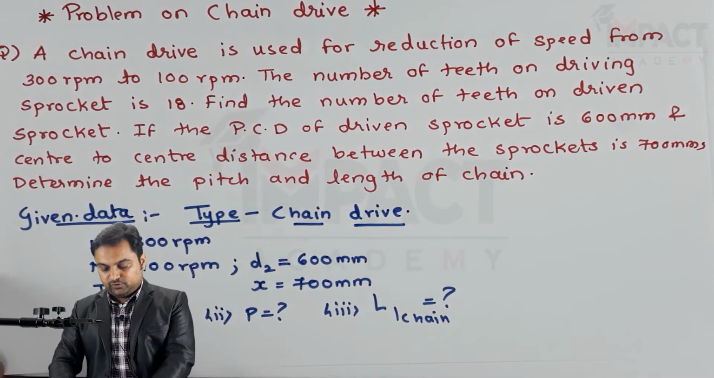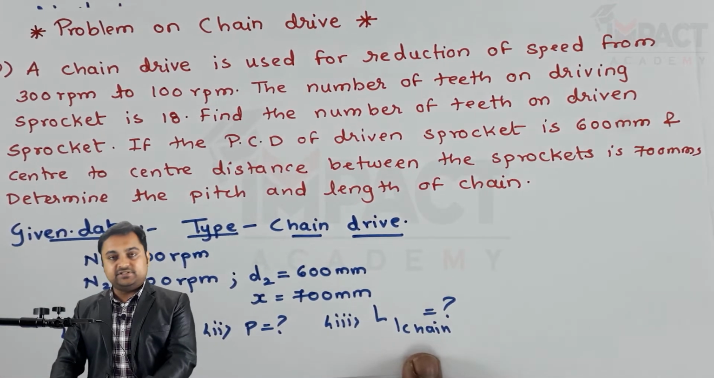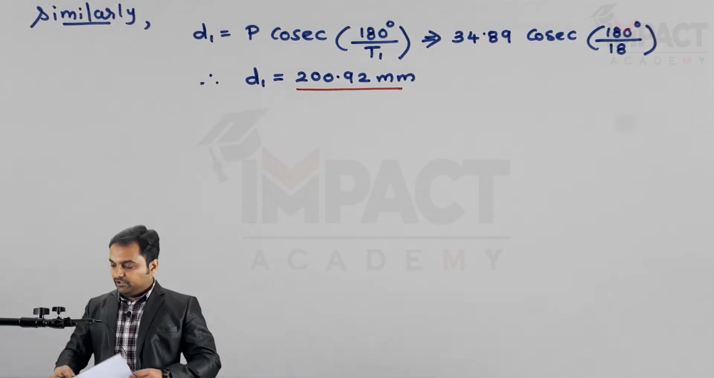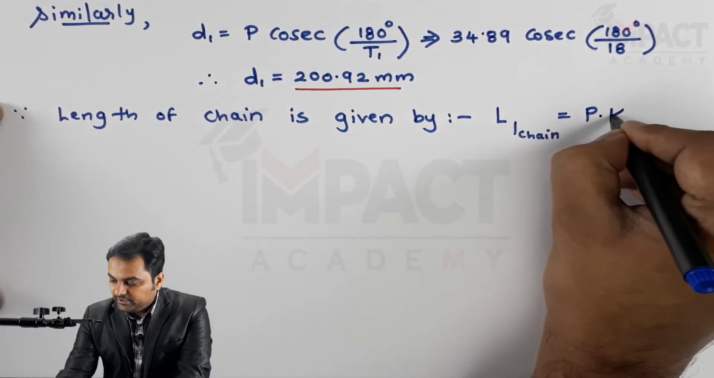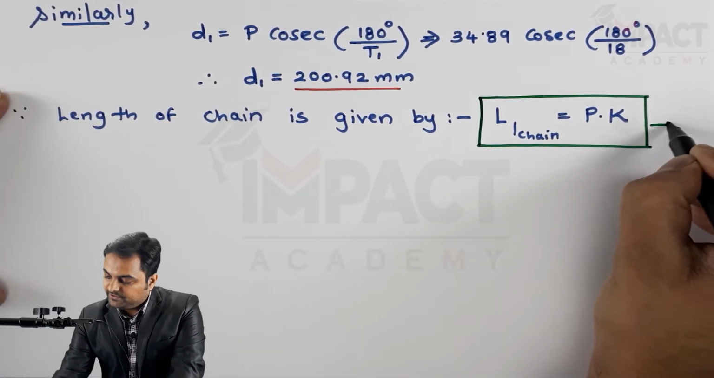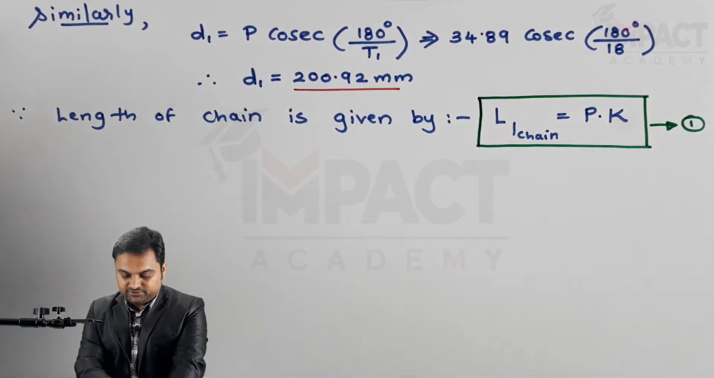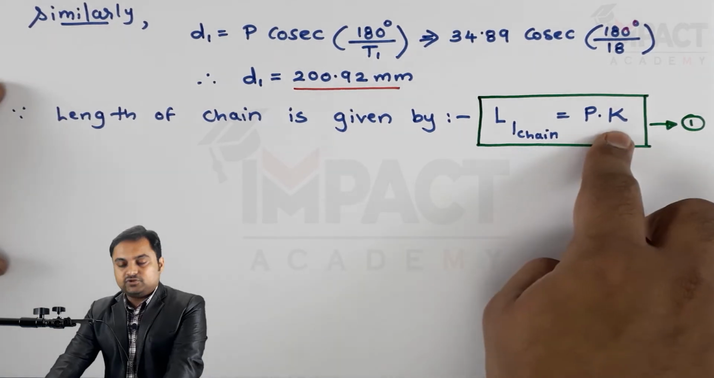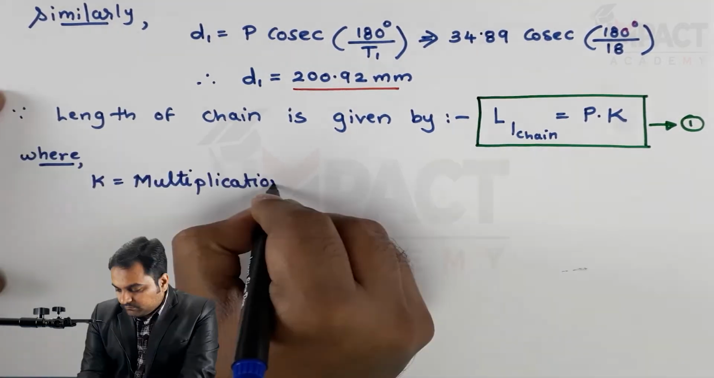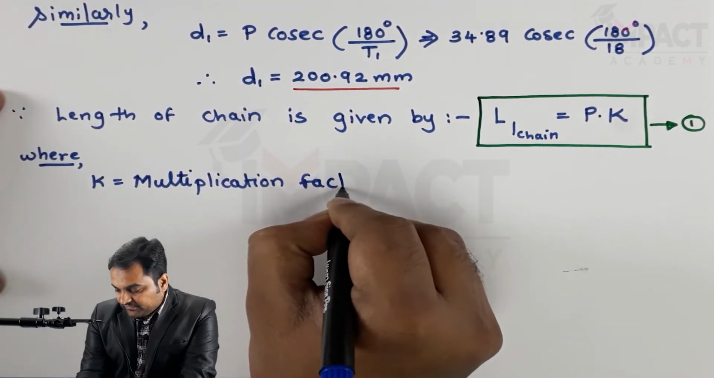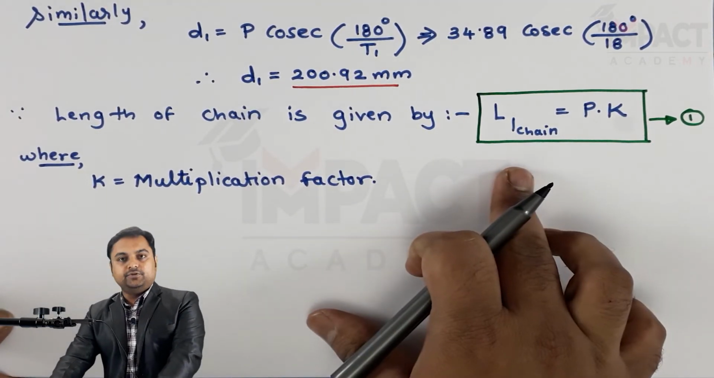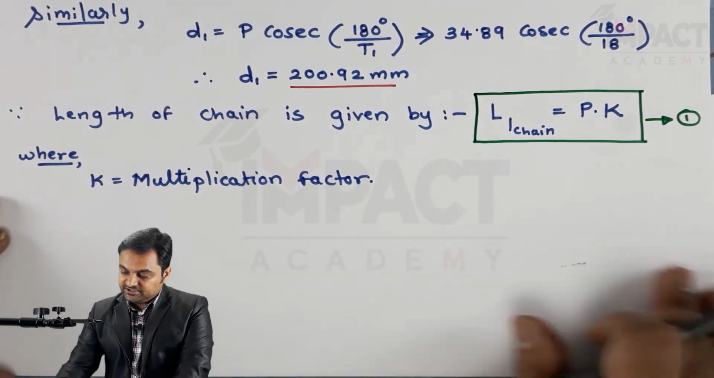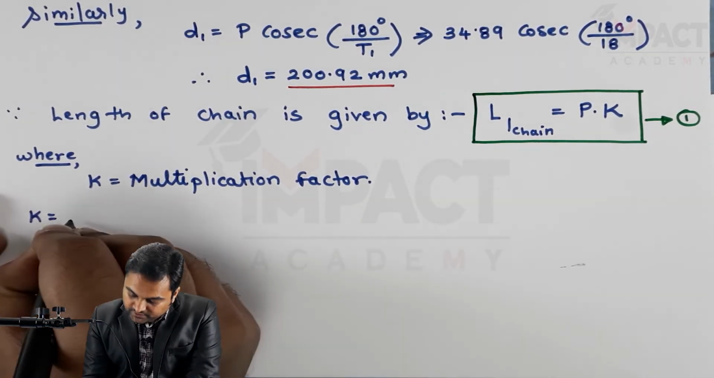Then after getting the value of D1, we have to find the length of chain, that is after we have calculated T2 and pitch, the next term is length of chain. I'll write the formula for length of chain. Length of chain is given by pitch into K. I'll keep this as equation first, where this K is called the multiplication factor, and the multiplication factor is that value which is multiplied to the pitch in order to get the length of chain, and this K multiplication factor is given by